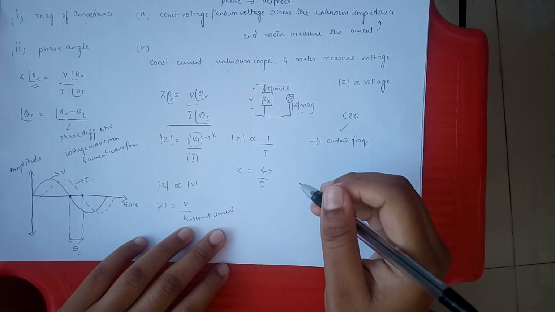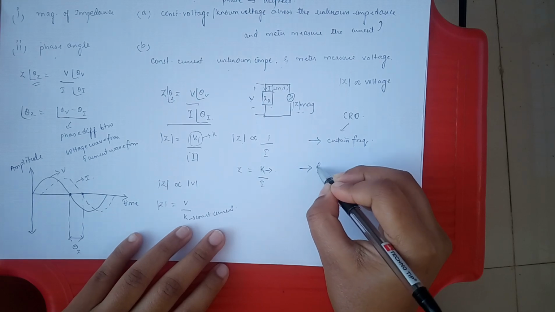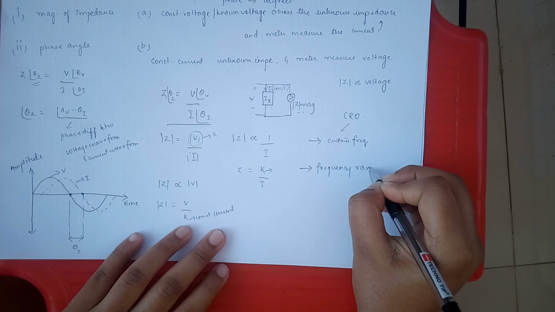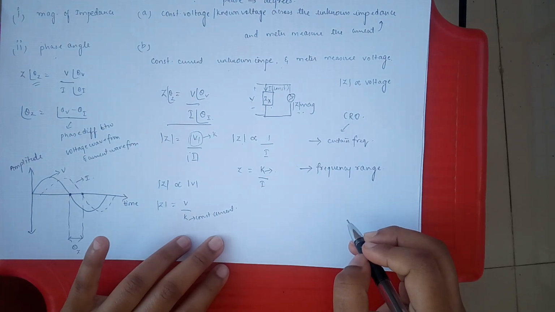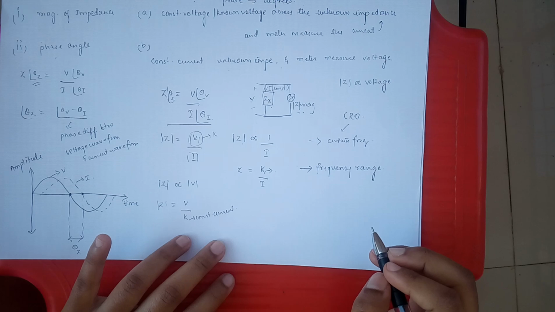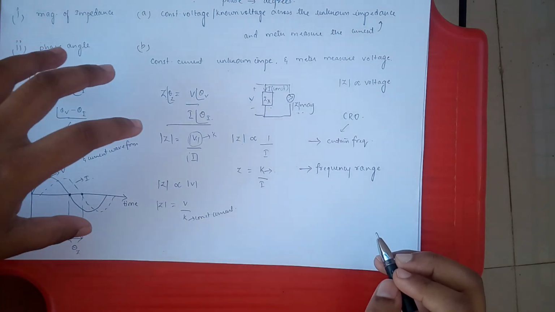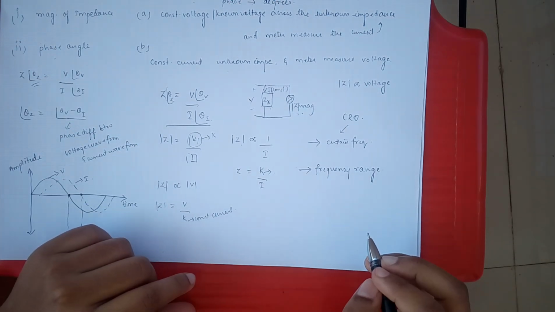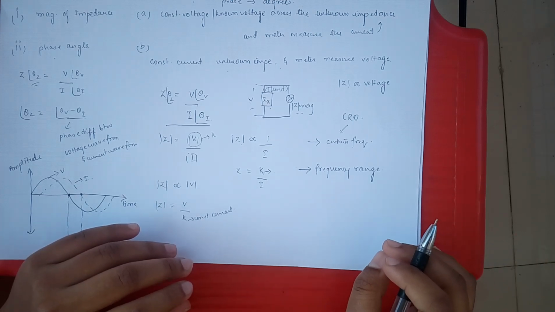But this meter provides us with a facility of being able to measure the impedance for a frequency range. So now you don't have to change the setup or make any adjustments to the circuit. Using this meter, you're provided with a knob where you can change the frequency and then observe the impedance change directly.